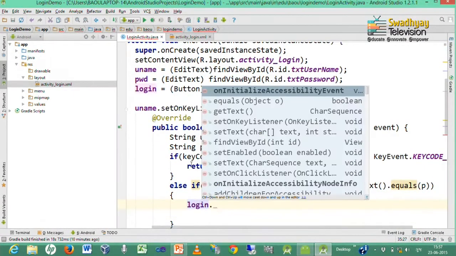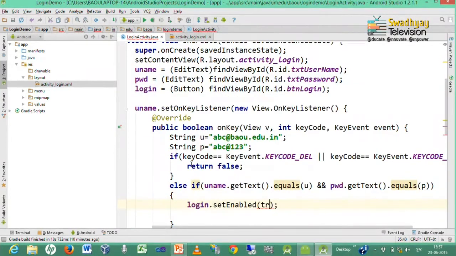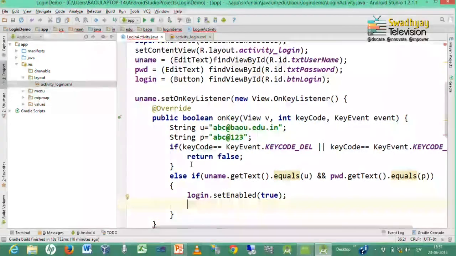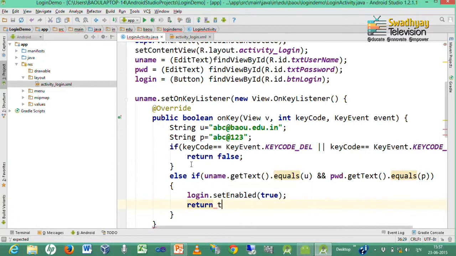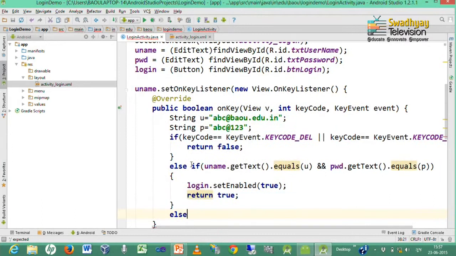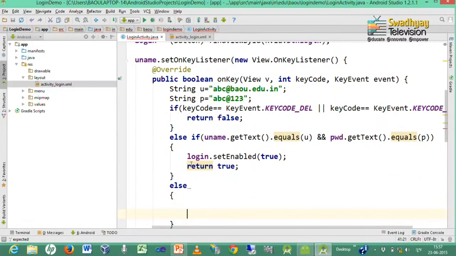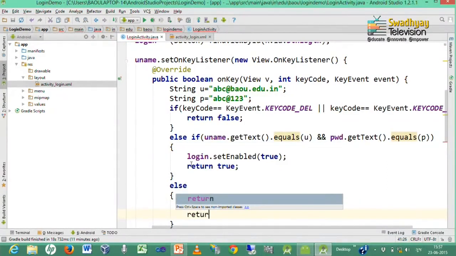button enabled. So, we call the method button.setEnabled(true) and we want to consume this event, so we write true, and in all other cases we set the login button enabled false and we return false.